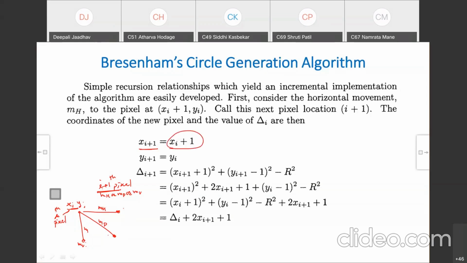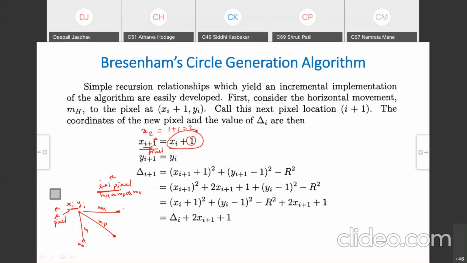This plus 1 is not a subscript. It is an increment by 1. It is the I plus 1th pixel that we are going to select. How do we select it? Whatever the previous pixel, we add 1 to that. Means if x1 is there and then x2, and the previous pixel is 1, add 1, the next pixel is 2. That is the difference. Remember that. So in that way, we calculate xi plus 1, which means add 1 to the previous pixel.